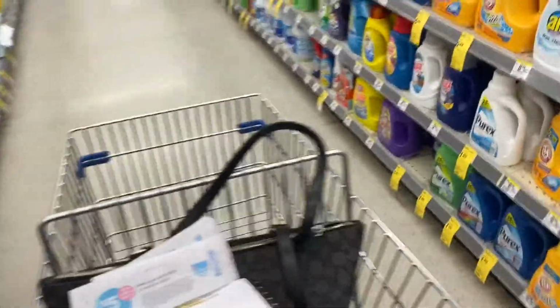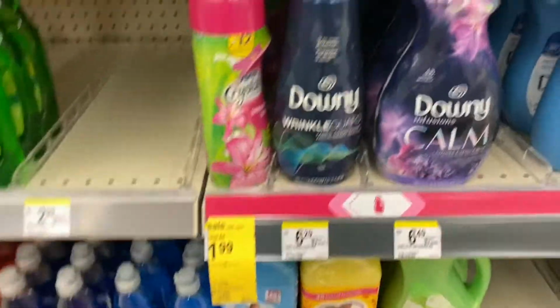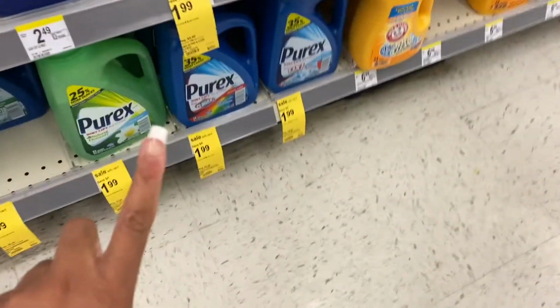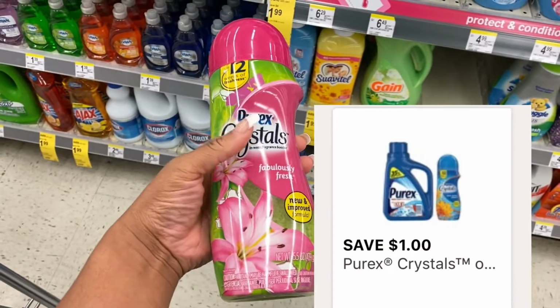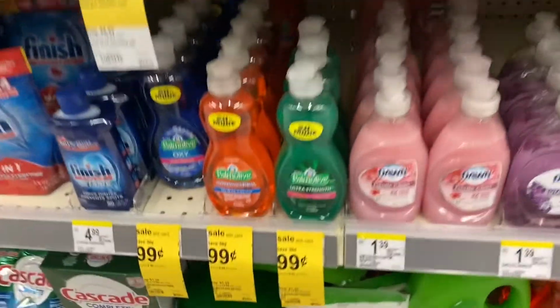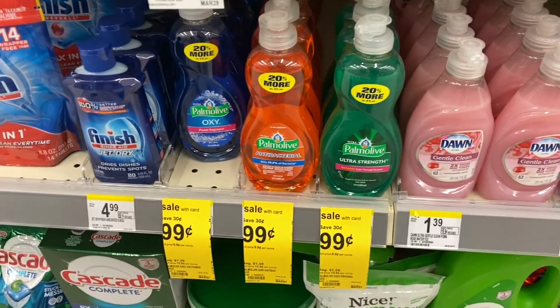So I'm going to be grabbing some Purex crystals. The Purex crystals are priced at $1.99. And then also the Purex detergent is priced at $1.99. But I'm going to grab the crystals. There is a $1 off coupon that I have clipped to my account, which will make these just 99 cents, which is great. The next deal we're going to get is going to be the Palmolive dish soap, and this